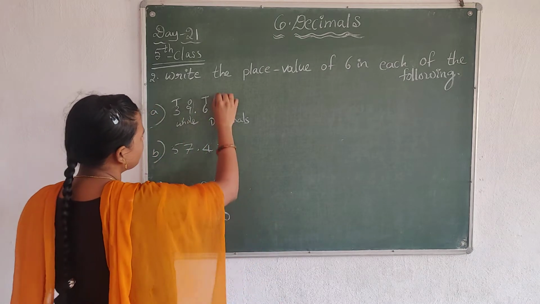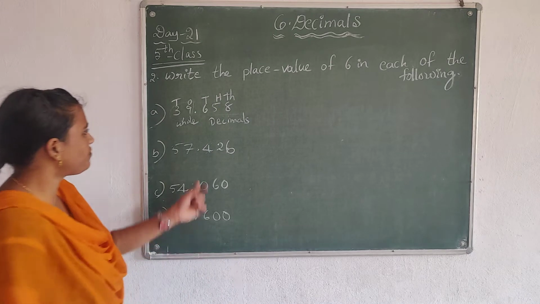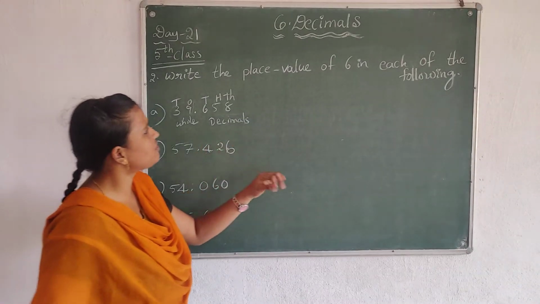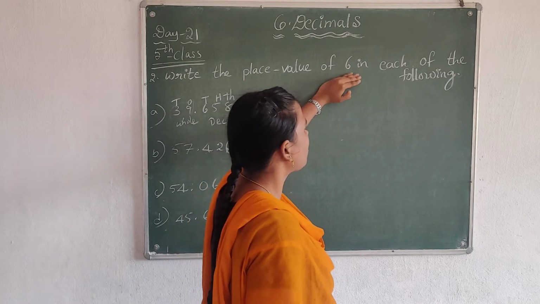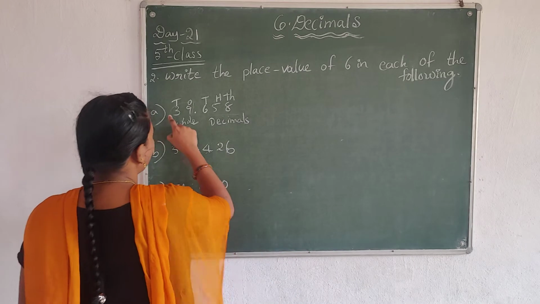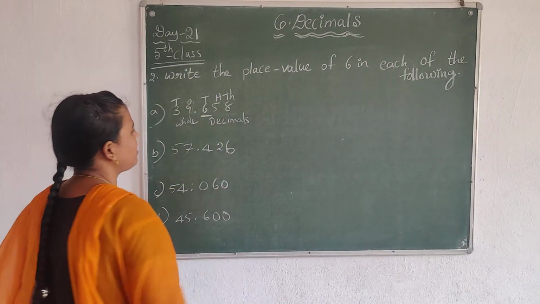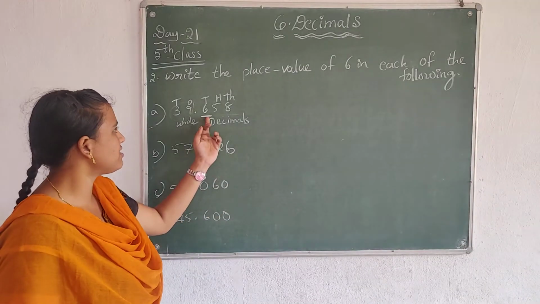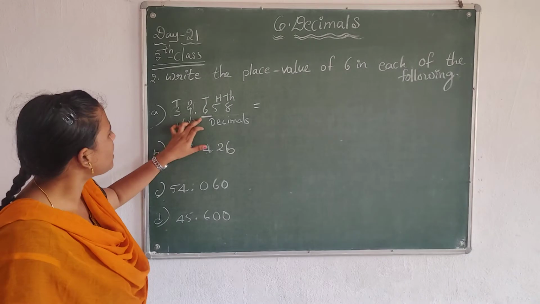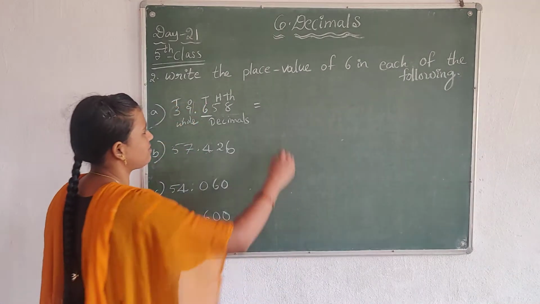The second number is hundreds. The third number is thousands. After giving the place values, you see which place value we want. Okay, we want the place value of 6, right? So check where the 6 is. Here it is, right? So underline the 6 and write the place value of 6. What is the place value of 6? The place value of 6 is tens.